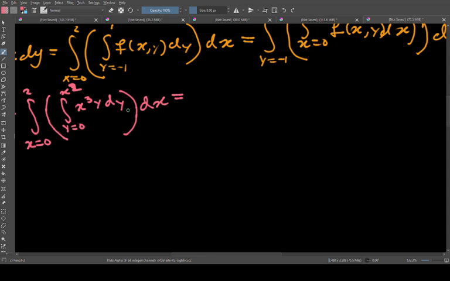So when we're integrating over y, you treat x like any other constant. So you can factor x cubed out of the y integral, but be careful not to pull x cubed out of the x integral. So you can just say